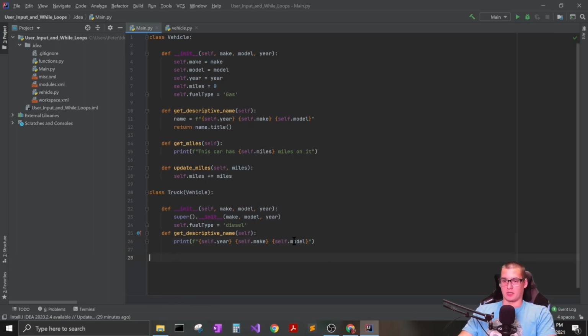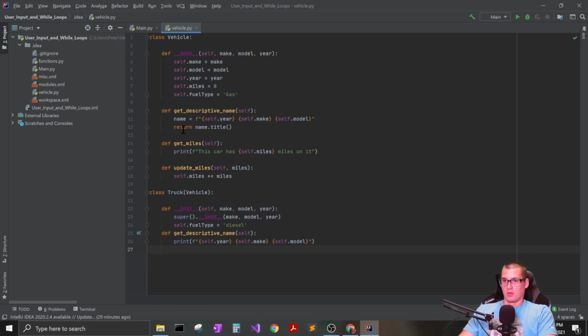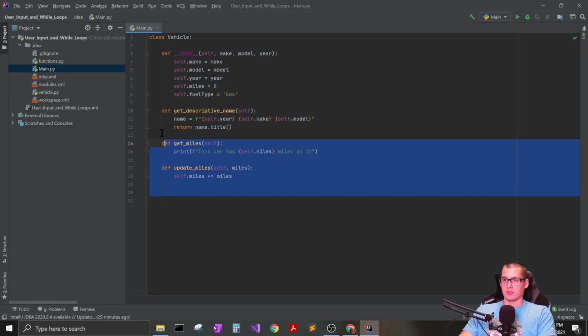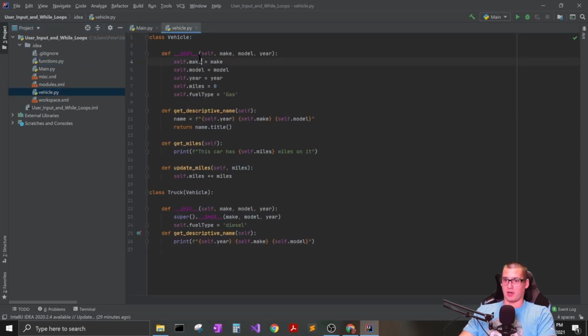And before we start making some instances of these classes, you can see I created another file up here already called vehicle.py, and I'm just going to move these over to that. So I'm going to cut that. I think I already have vehicle, I already have this. I think it's all the same. Oops, just close my main one. Alright, so I'm going to take this vehicle class right out of my main method. And you can see over here in my vehicles file, this module now has my vehicle class and my